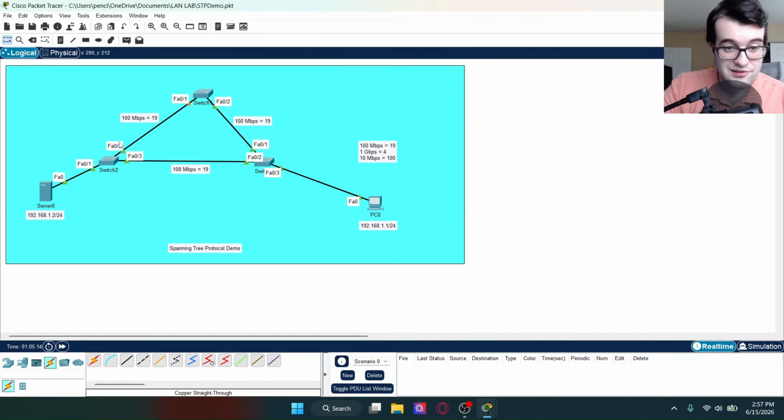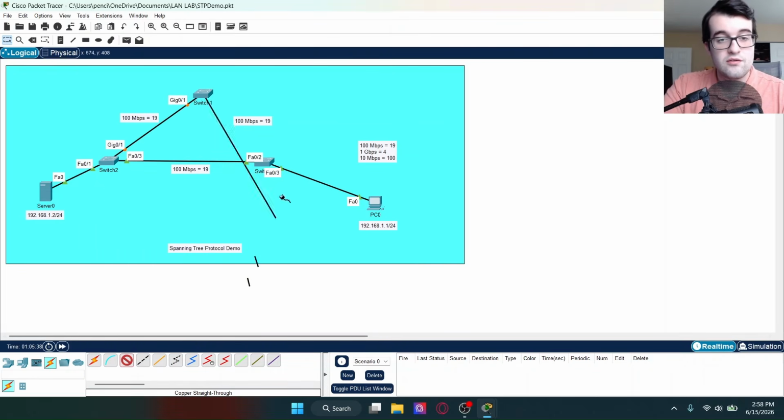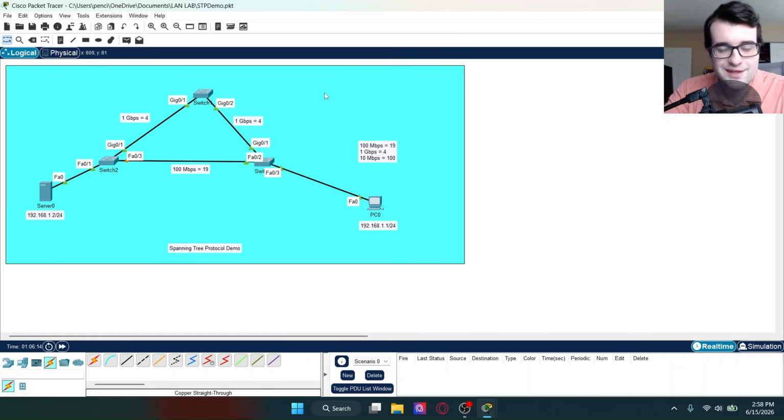But let's look at one interesting little feature here. I want to demonstrate if we have a gigabit link over here. Let's go ahead and delete this one and this one. And let's connect to the gigabit link. You have Gig0/1 over here, and then same thing over here. All right, now they're negotiating spanning tree protocol again. And now, as we can see,